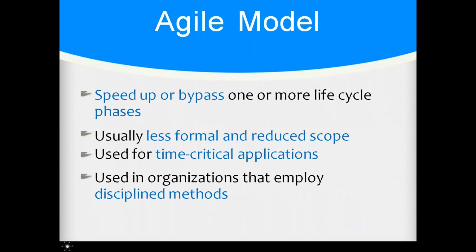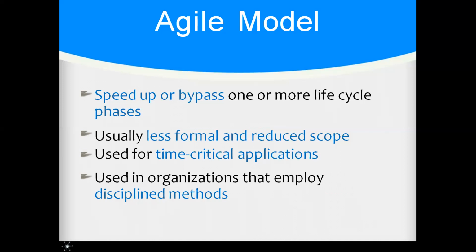Speed up or bypass one or more lifecycle phases, which means I can take chat room development and bypass development of the interface. Just like what we are having in web development now. Apparently everything you need, you have a plugin, you have a framework. Except you want to really do something very unique, something very customized to you, you want to really develop on your own. But every resource you might need to put a website together without even touching coding is available. So that's an example of Agile.